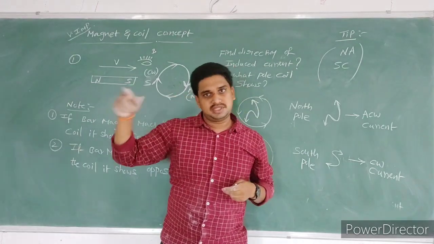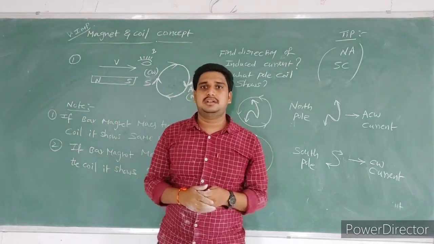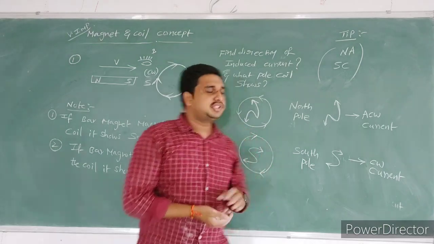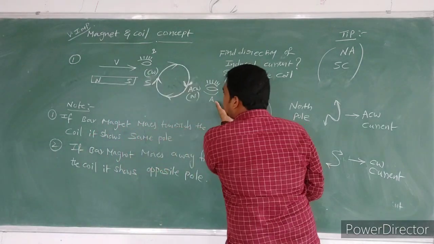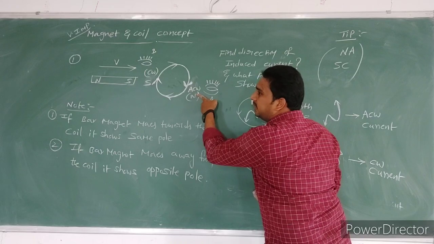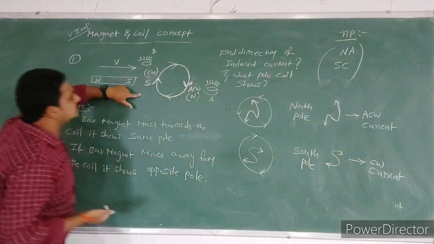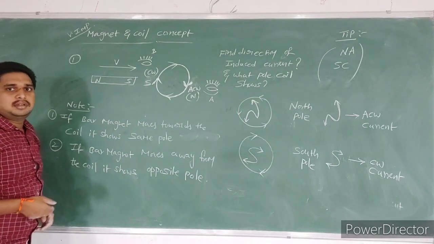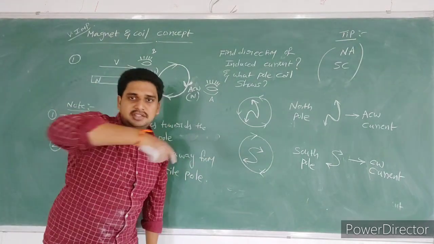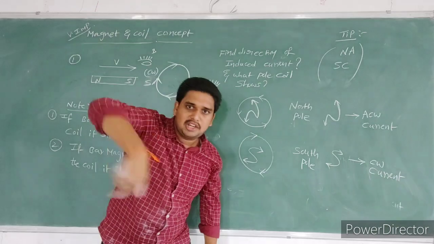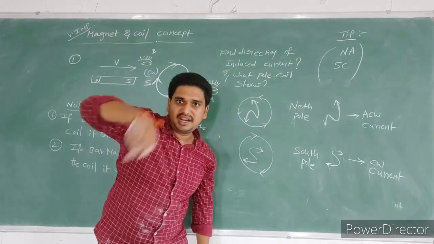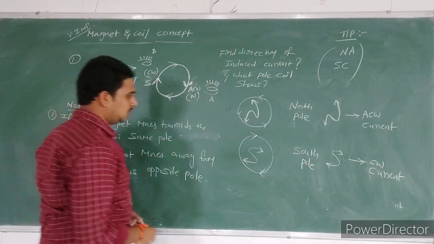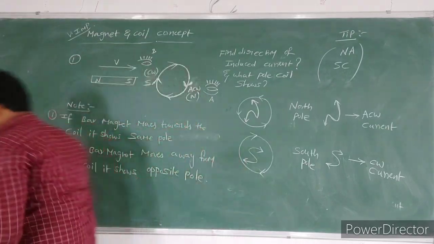the observer's view changes. The direction changes. When position changes, the direction changes. If you see from this side, it will look like anti-clockwise direction. If you see from this side, it will look like clockwise direction. Generally, in our homes, fans move in clockwise direction, am I right? For example, I will draw here. Observe carefully.